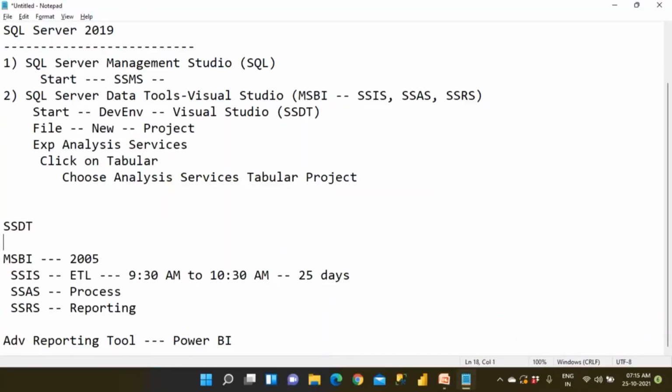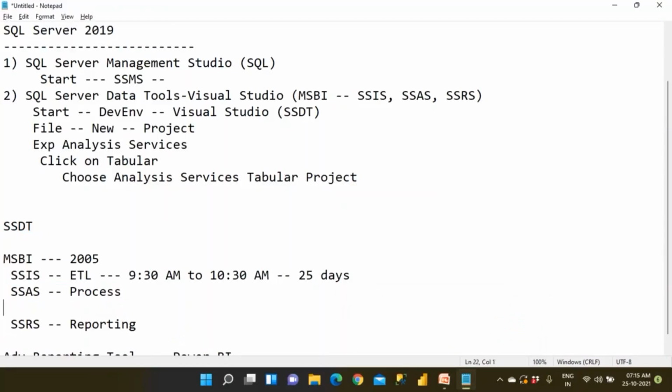If you want to work with MSBI, SSAS, what are the two things we have? One is multi-dimensional projects. The second one is tabular projects. Clear?